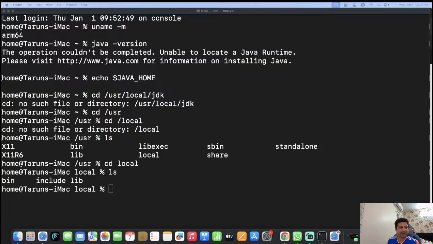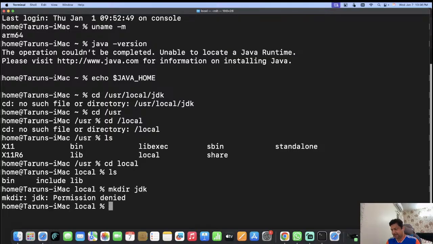I'm just doing it by dragging and dropping the tar. You may run various commands, so there are different ways of doing it, but the easiest way is I'll go to my downloads, where I have got the JDK unzipped. Let me first create the directory. JDK, I'll create. Okay, I don't have the permissions. So we have to run sudo mkdir jdk, and then I will put my